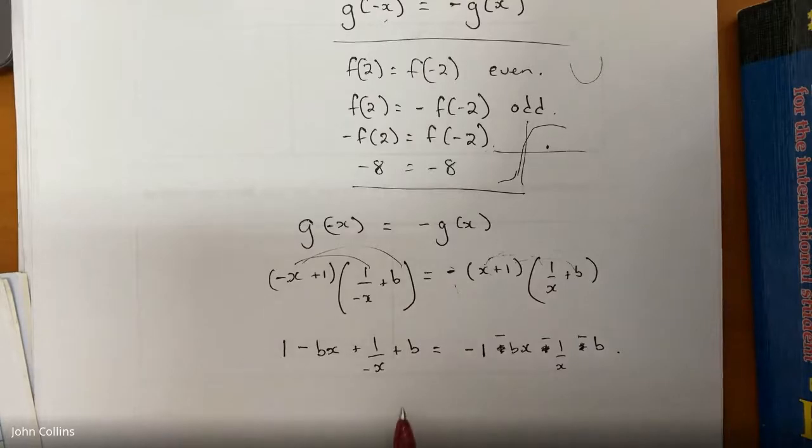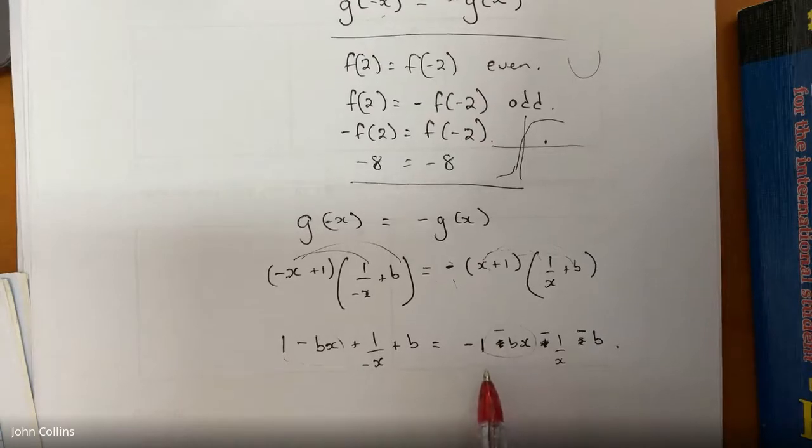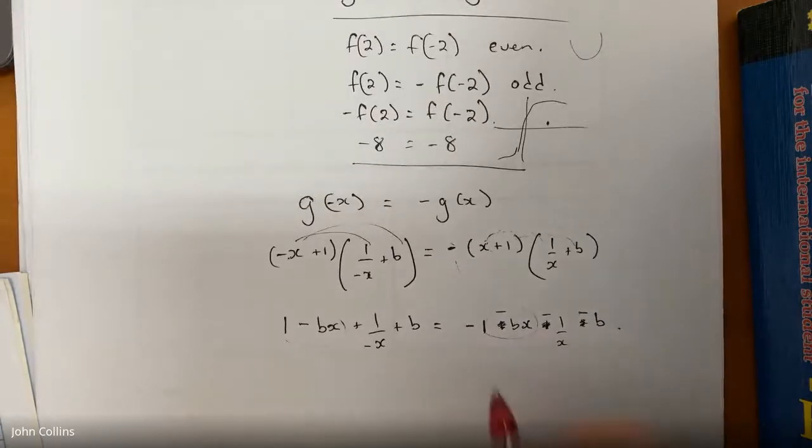Let's look. Now, if I have the same term on both sides, doesn't it cancel out? Let's look at where's the same term. This minus bx, and I have a minus bx here. So does that cancel each other out? Well, it would, because if I add bx here to cancel it out, and I add bx here, they're just going to disappear. So if I add the same thing to both sides,